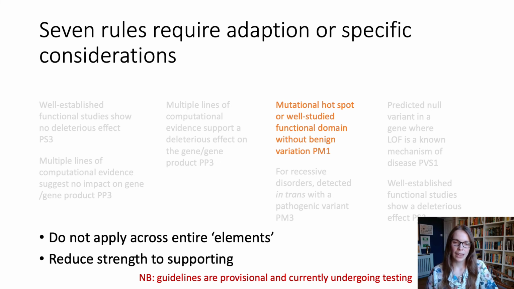So when we look at, say, either constraint or conservation across regions of non-coding DNA, or say, enhancer elements or 5' UTRs, we don't see that conservation or constraint is consistent across the entire region. We see that it is more specific bases that are particularly deleterious when mutated. And because of that, it's not appropriate to say apply PM1 just because we've seen a mutation that is pathogenic